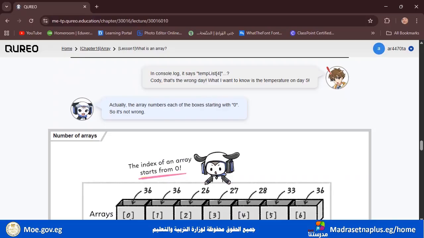So take care. If you want day 5, you have to count 0, 1, 2, 3, 4, so this is the value of day 5. Be careful, please. So we name them from 0, 1, 2, 3, 4, 5, and 6.